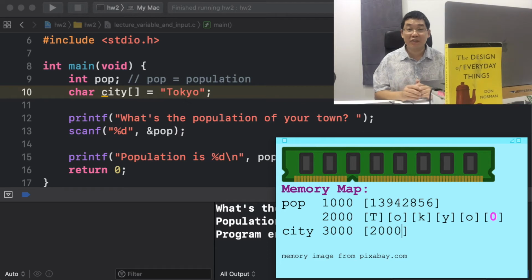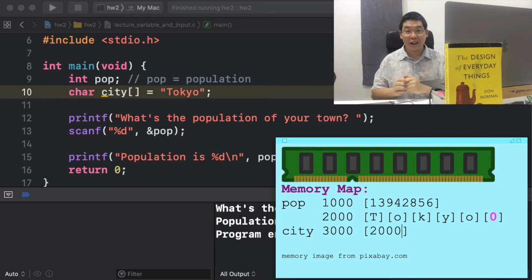For now, let's just remember that in C, a string is like a pointer to a location in the memory that contains the first character of the string. And then at that location, there will be an array of characters. The number of characters inside the array would equal the number of characters in the string plus 1. The last one being the null character, which is like a 0 to indicate that the string ends there.